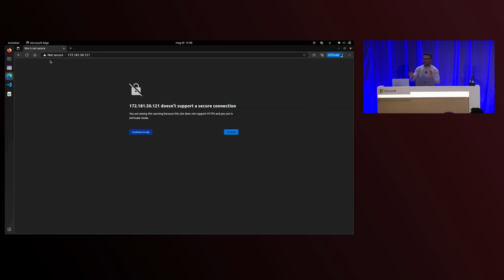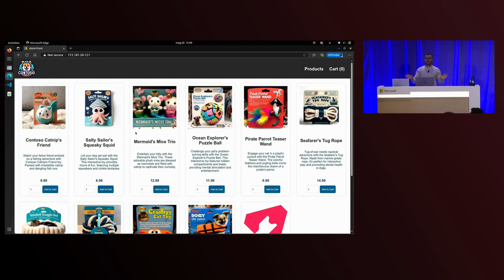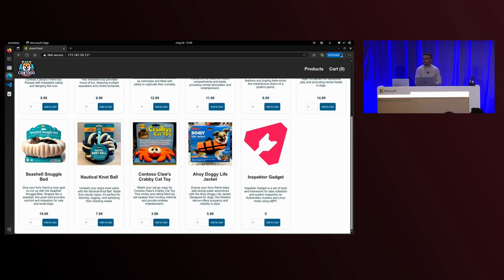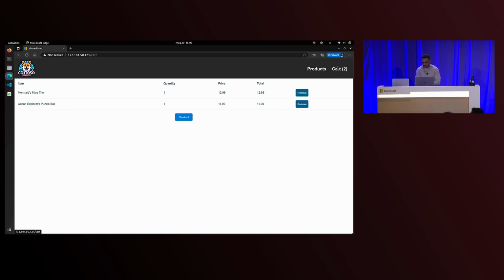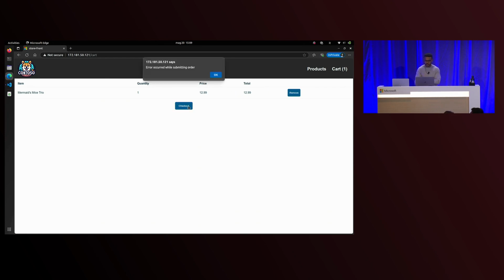I'm using HTTP. Please don't do that; always use the secure way. This is the demo. We have a very simple store. Probably many of you are familiar with this demo because it is an AKS demo. Here we can put some products into the cart, see the products, remove them, and check out.